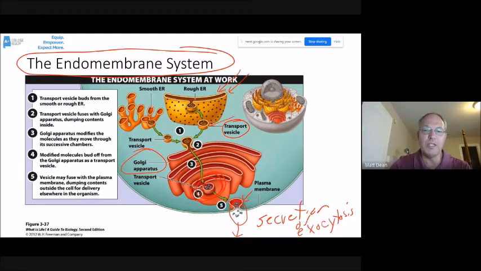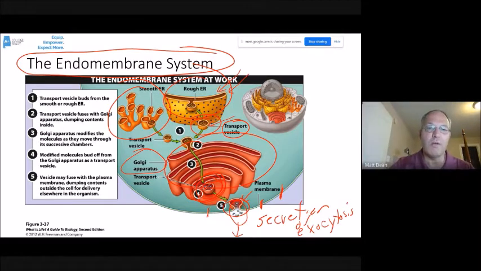Or some of those proteins may actually become embedded in the cell membrane and work as carrier proteins or channel proteins or recognition proteins. So all those organelles together: rough ER, transport vesicle, Golgi apparatus, transport vesicle to cell membrane, those make up the endomembrane system. The smooth ER can also play a role here by, instead of putting proteins inside the vesicles,